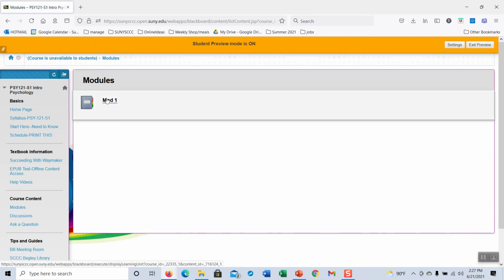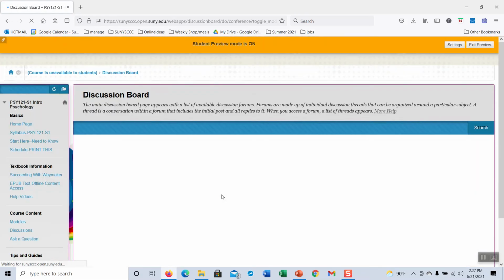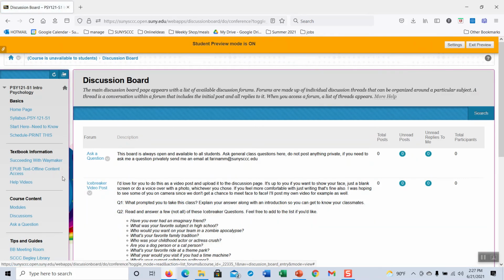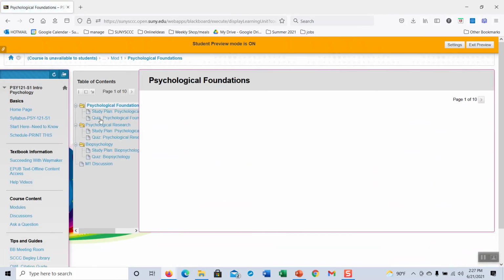So you're going to go initially to Unit 1. Let's see if I have this. Okay. You're going to go to Unit 1 to do the readings. And again, I'm going to do another video for this, so don't panic. But to do the icebreaker post, which I'm going to do now.